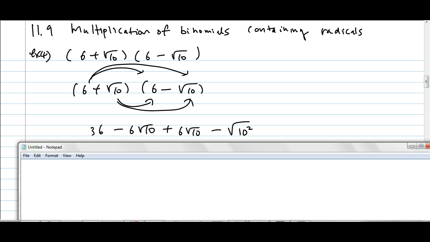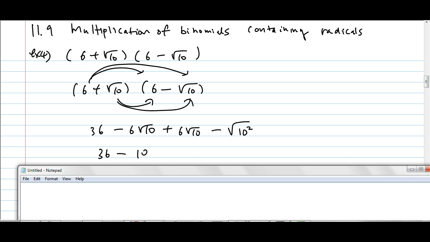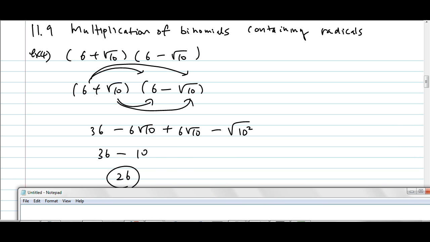10, right? Is it negative or positive? Negative. You got positive 10 minus negative 10. So don't you just get 26? This is kind of nice. Look what happened to all the radicals. They disappear. Why? Because you first have to square the first and the last term,